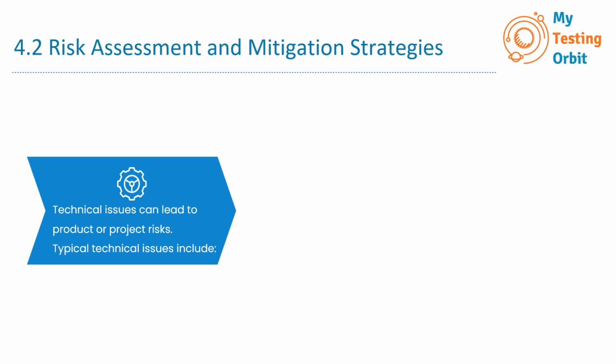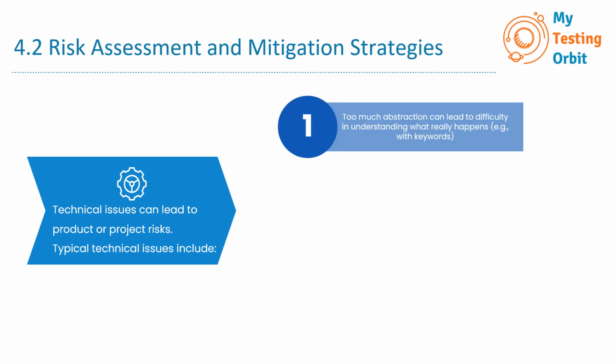Typical technical issues include: number one, too much abstraction can lead to difficulty in understanding what really happens, for example, with keywords. So in the previous chapter, we discussed what is abstraction and what are the benefits. For example, in keyword scripting, the keywords offer abstraction to simplify complex systems by hiding unnecessary details. So that's really beneficial, but if you abstract too much, it can make it difficult to understand how the system